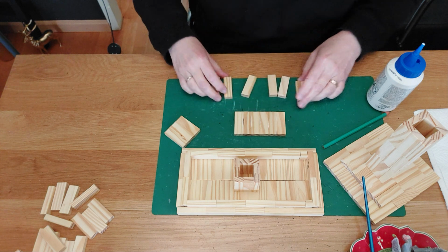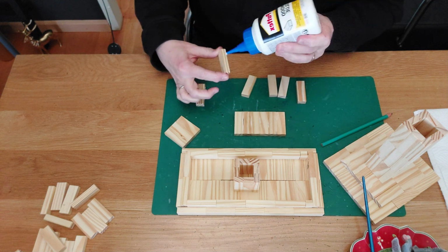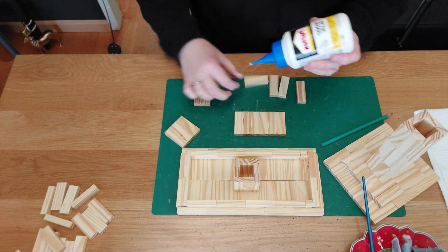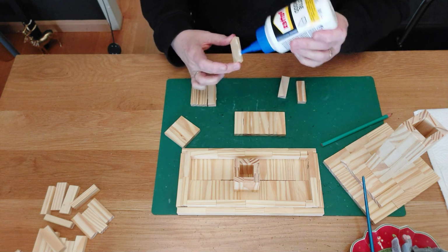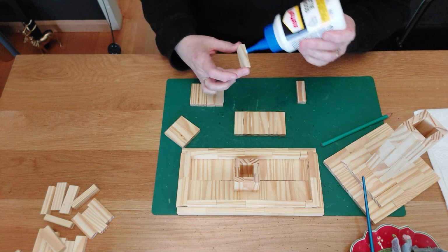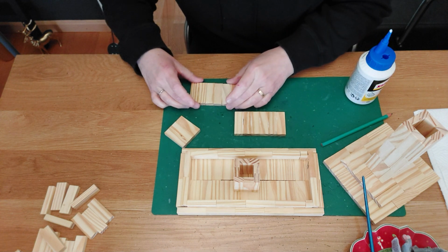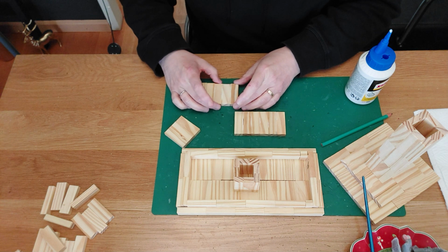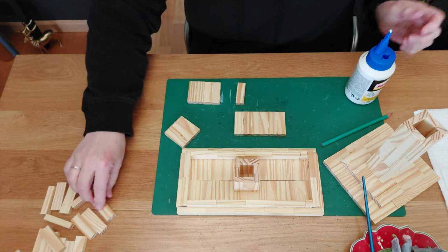3, 6. This is also 6 pieces, and we glue this one also on the side. Place them together. And number 4, and the last number 5. And we place number 6 and squeeze it. And you see already how much smaller this one is, and I really can't use it because you will see it,